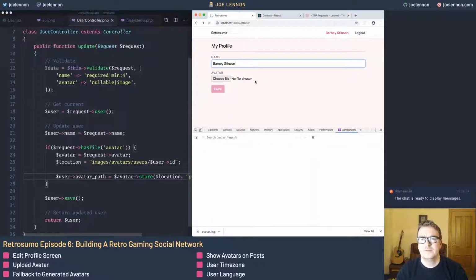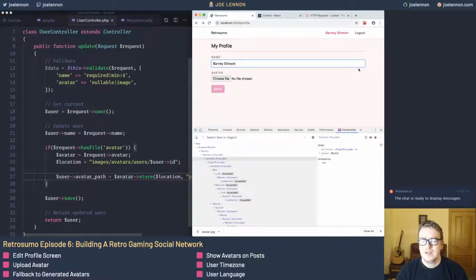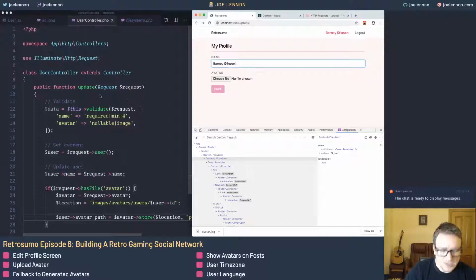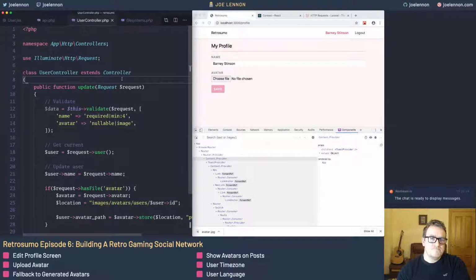Now what? So if we reload this, obviously this is going to go away. So we need to be able to actually show that avatar in here if the user already has an avatar. So let's work on doing that, right? So the first thing we want to do is, let's see,